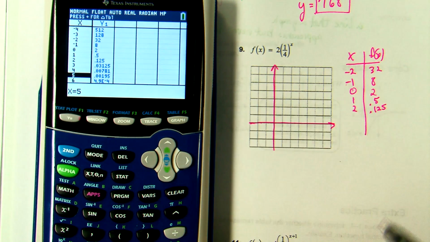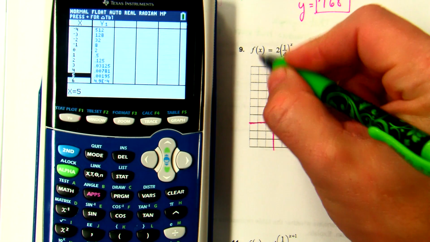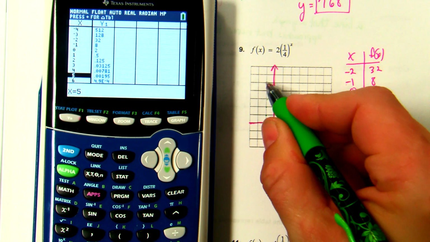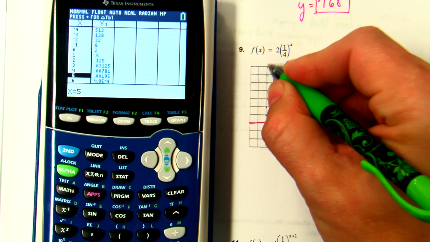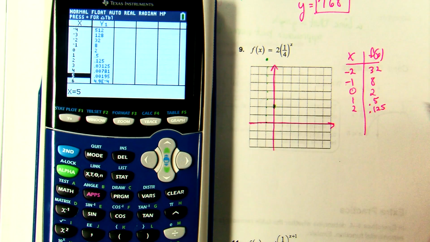Okay? All right, so if I graph some of these points here, at negative 2, I'm at 32, which is way off the graph. At negative 1, I'm at 8. 1, 2, 3, 4, 5, 6, 7, 8. So I'm right in there. At 0, I'm at 2. And then